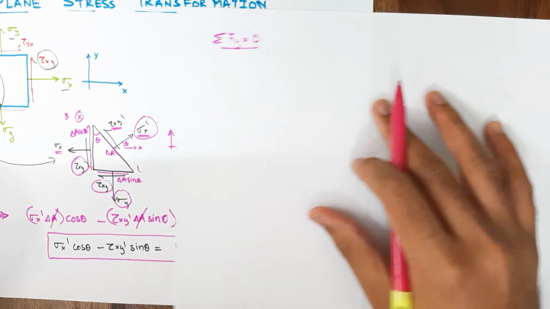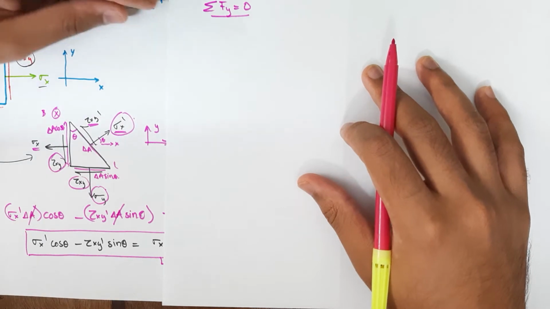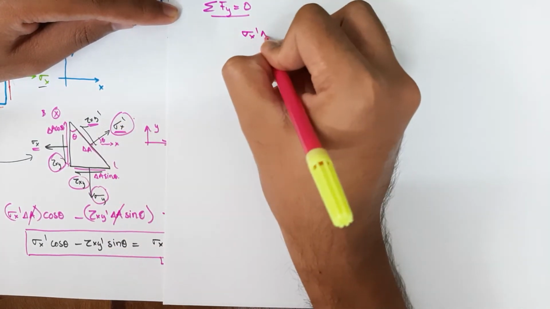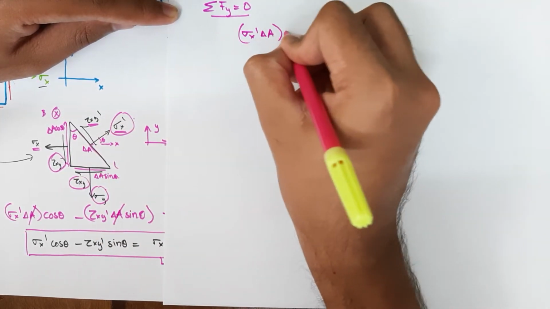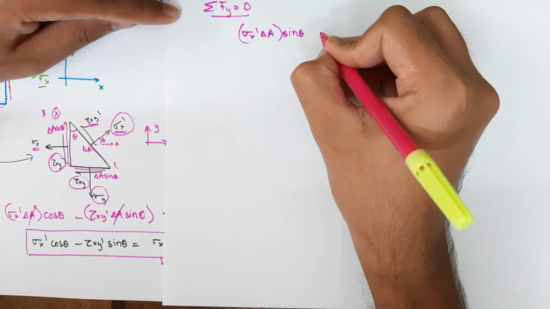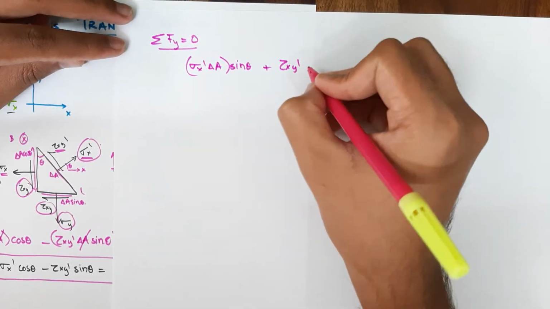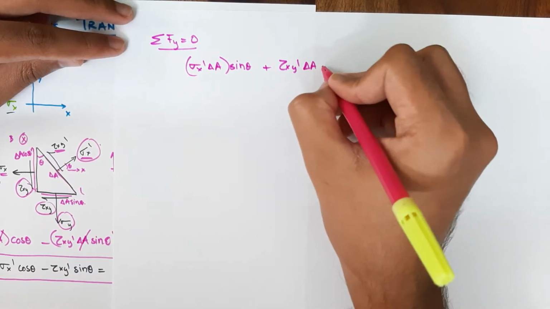So we'll write them down. So sigma x dash multiplied by delta A is the force. The component in y direction will be multiplied by sine theta. Similarly, tau xy dash delta A multiplied by cos theta,